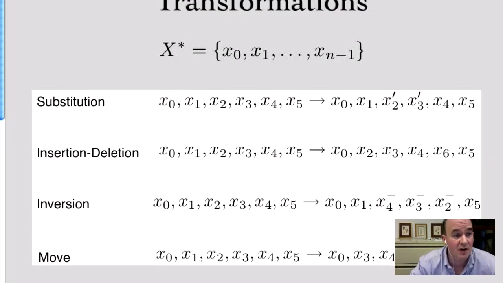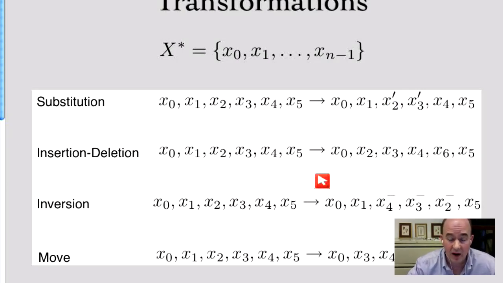Now, sequences can undergo a whole variety of transformations. You might have substitutions where X2 and X3 become X2 prime and X3 prime. So in the same place, but they become different elements. You might have insertion deletion events below where element 1 is deleted and element 6 inserted, those